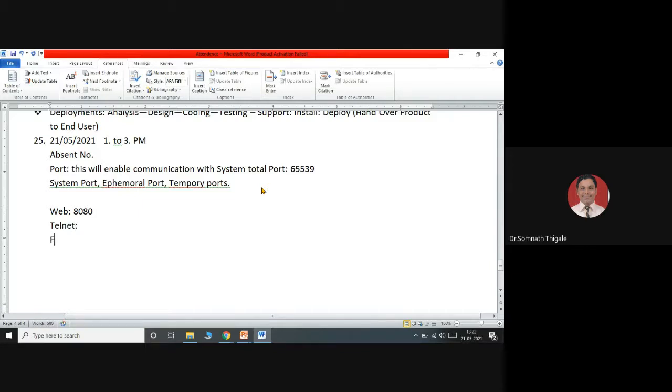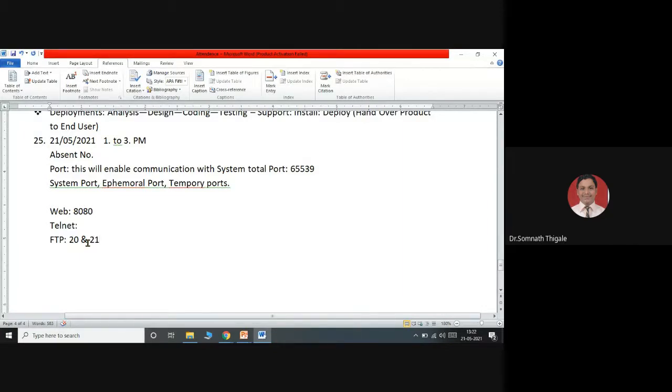If you want to use FTP services, in case of FTP we can use two different ports, 20 and 21, because in a single FTP we have two different connections. One is a control connection on port number 20 and a data connection on port number 21, if you are remembering.